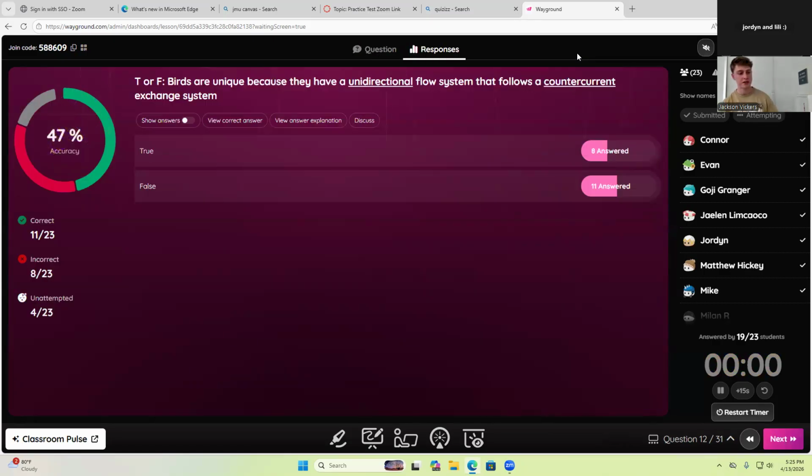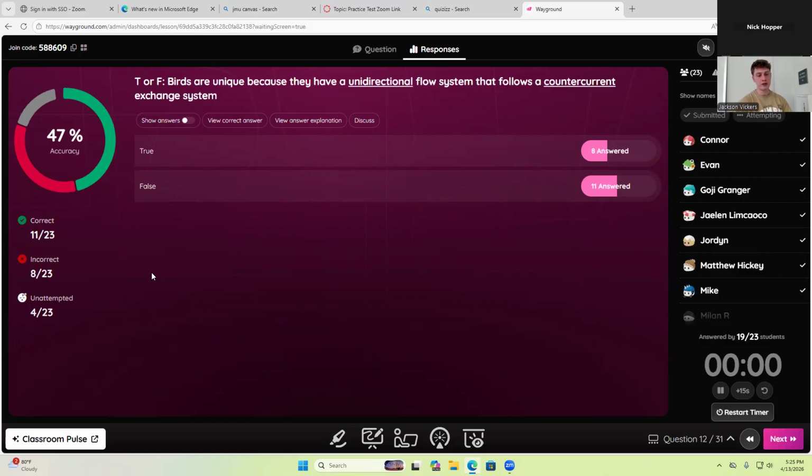All right. Does somebody want to say what's false about this? If you got this one right. I think birds store air in a second compartment before it goes across the lungs. Yeah, that's another. There's a few things that are unique about them. That's one of them. The thing that I was kind of getting at with this question is that